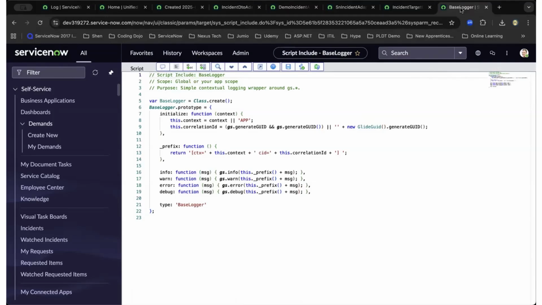So the info is for the milestones, warn for soft problems like not found, error for hard failures, debug for deeper diagnostics, all carrying the same prefix. So as you do a search on a specific level of error, this makes the adapter diagnosable in real production